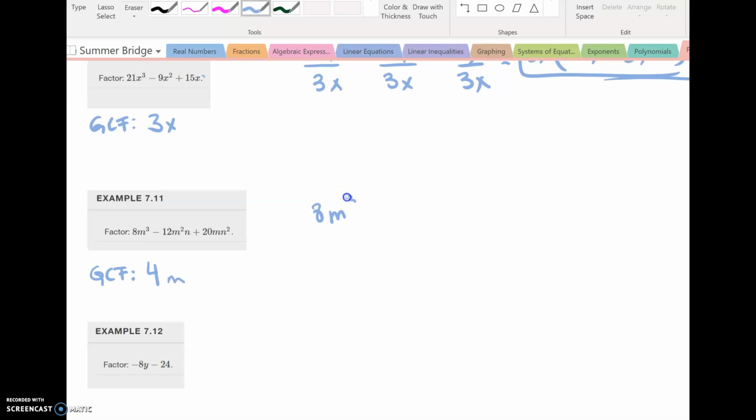So I have 8m cubed minus 12m squared n plus 20mn squared. And then we would do the same thing. Now I'm going to run out of time, so I'm not going to finish doing this, but that's exactly